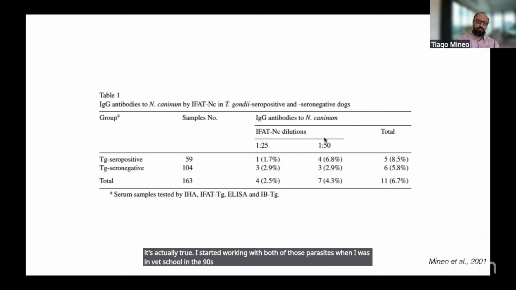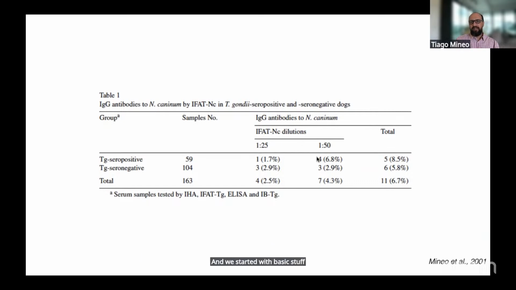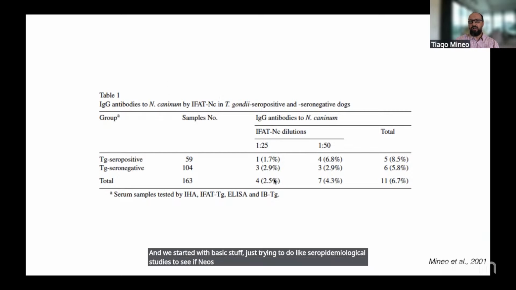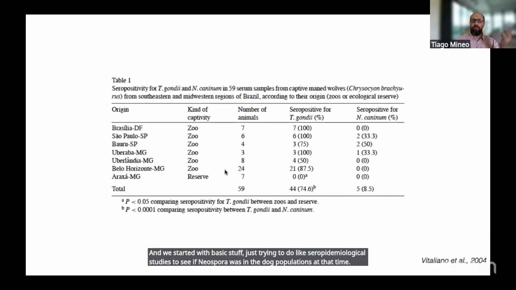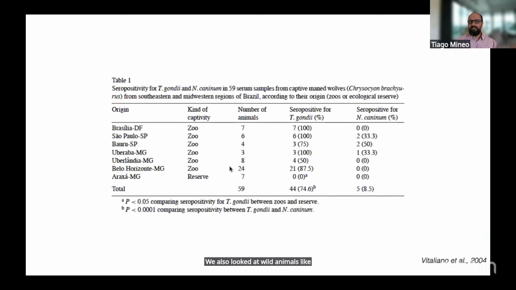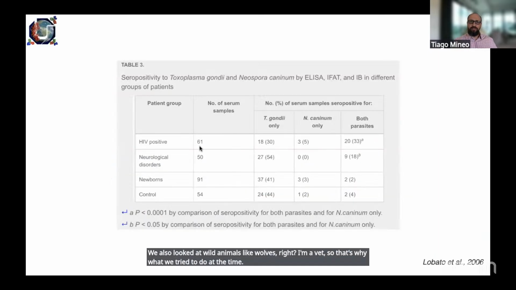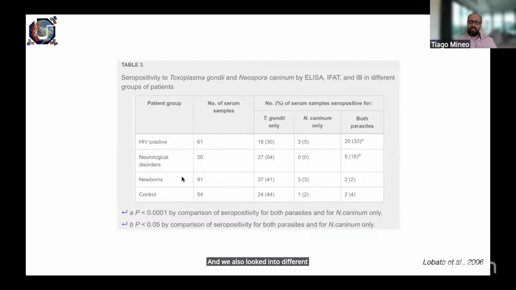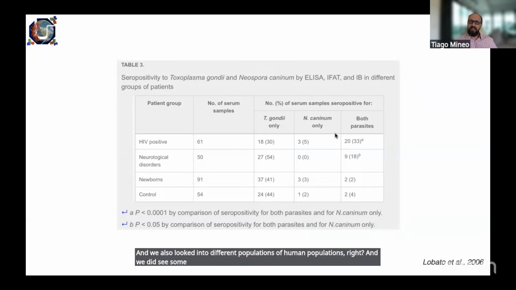We started with basic stuff, just trying to do seroepidemiological studies to see if Neospora was in the dog populations at that time. We also looked at wild animals like wolves. I'm a vet, so that's what we tried to do at the time. We also looked into human populations, and we did see some seropositives to the parasite, but there's no reported disease from Neospora in humans